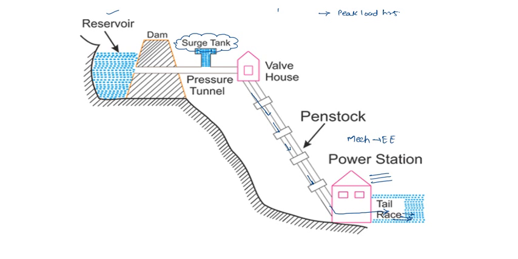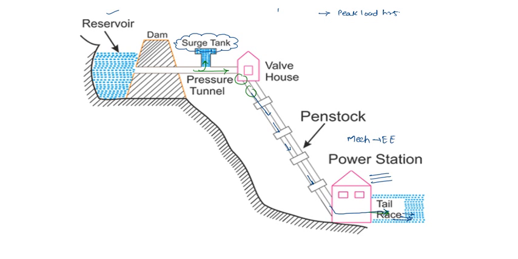Then about the valve house. The valve house is for the control of the pressure when the load is reduced. So the pressure comes out there, which can burst the valve house or the penstock. So the surge tank is used for the high flow of water, which goes into the surge tank and reduces the pressure on the penstock. After that, the water goes to the tail race. It is the water, after having done useful work in the turbine, that is discharged to some stream through the tail race. The design size of the tail race should be such that water has a free exit.